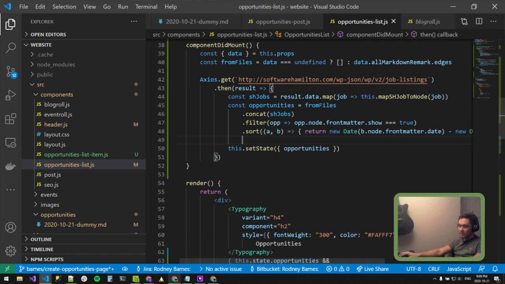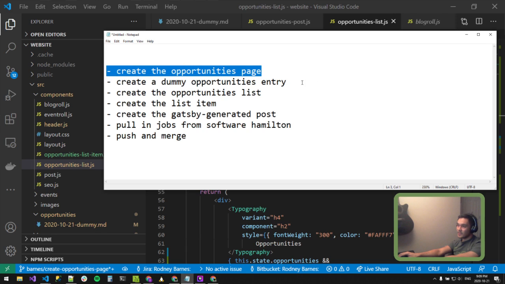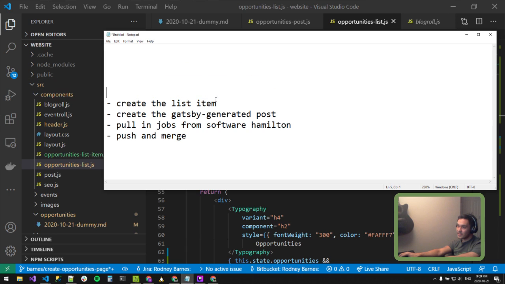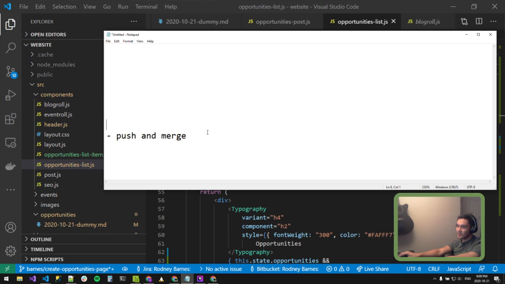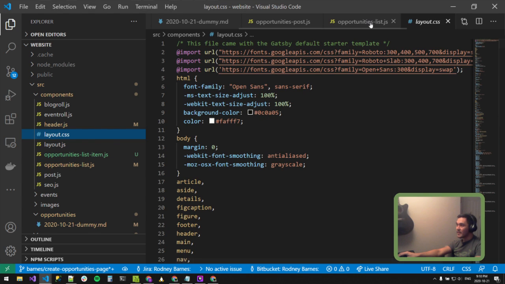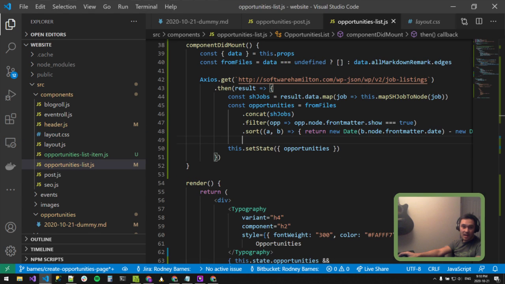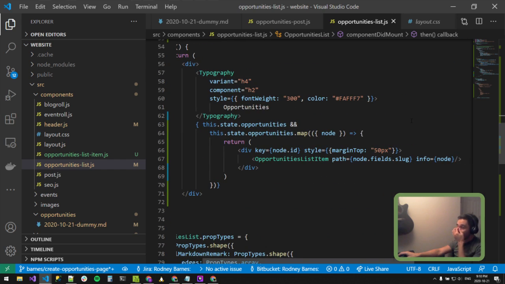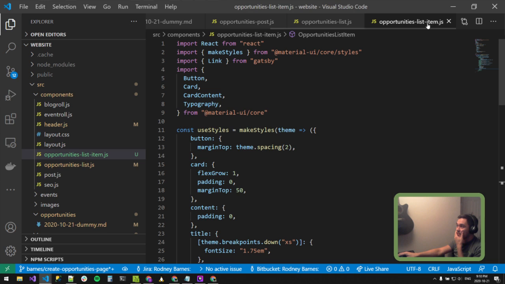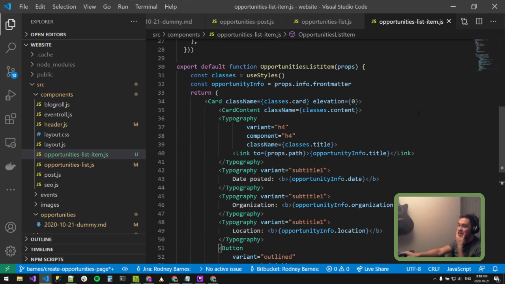All right, so checking our list: created the opportunities page, created dummies entry, created the list, created the list item, created the Gatsby generated post, check, pulled in jobs from software Hamilton, check. Push and merge, not quite yet. Almost there, because just one last thing. We need to filter in the individual list item, well, two more things, I guess. In the list item now, we're taking in two different kinds of opportunities. We're taking in internal and external opportunities. And so we need to do a little bit of